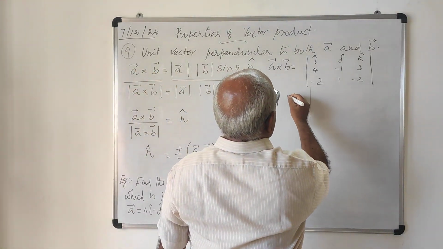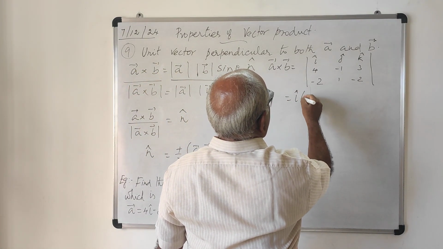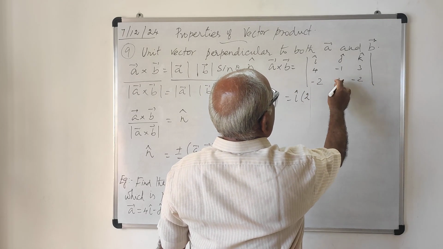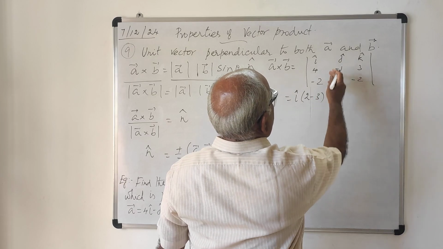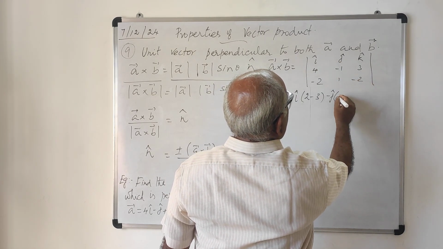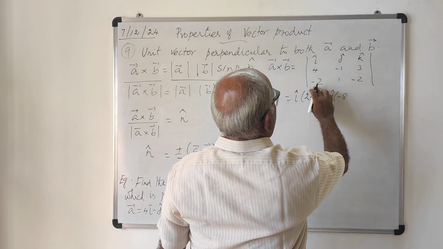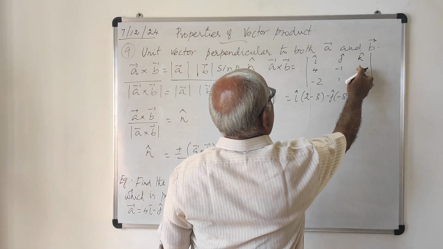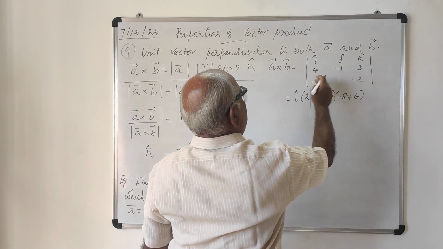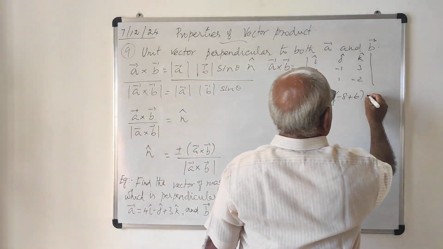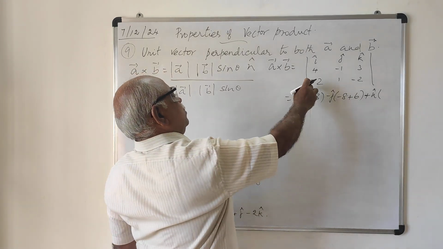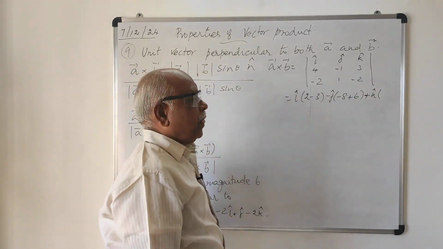To expand this determinant: i cap into (minus 1 into minus 2, that is plus 2, minus 1 into 3, that is 3). Minus j into (4 into minus 2, that is minus 8, minus of minus 2 threes are 6, so plus 6). Plus k into